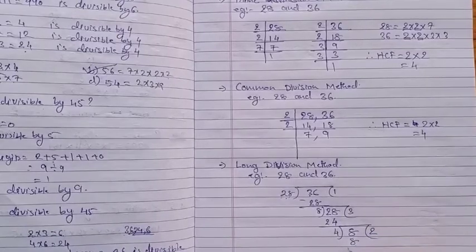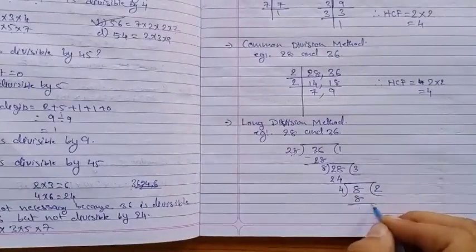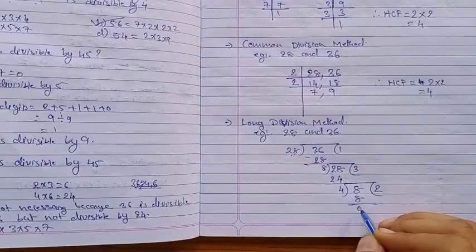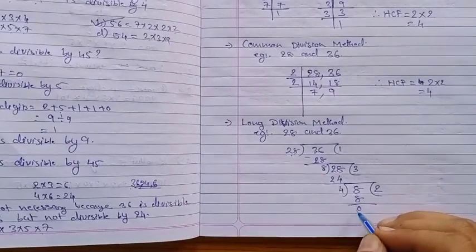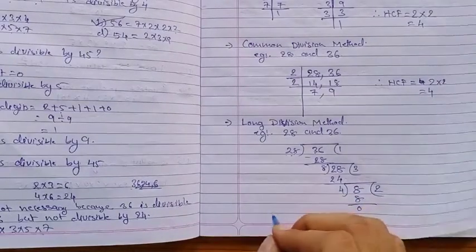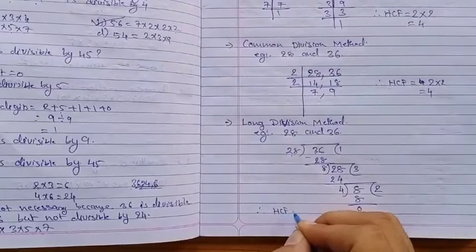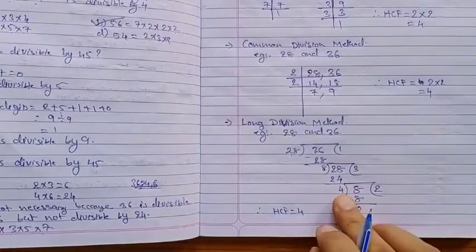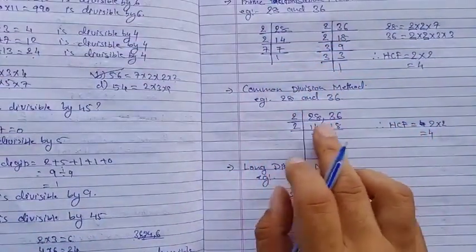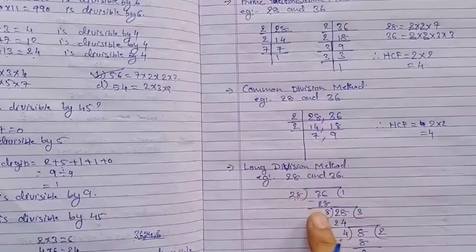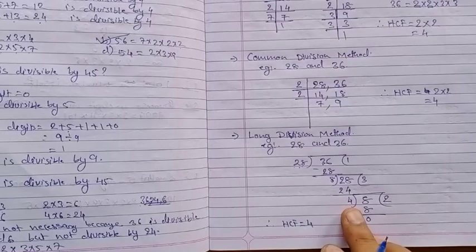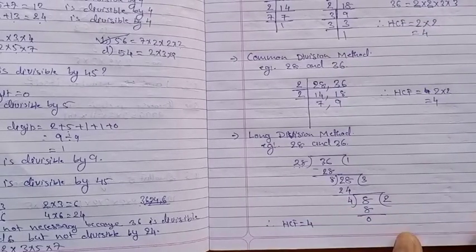Now this 8 will come here. So that is 4 twos are 8 and the answer is coming 0. So the number by which we get the answer 0, जो number से divide करके answer हमको 0 मिलता है, that is our HCF. Means here by dividing by 4 we got the answer 0. So therefore HCF is equal to 4. Okay, so these are the three methods: prime factorization separately, common division method you have to take together, and long division method you have to do in this manner. And where you get the 0 by dividing a particular number, that will become your HCF.